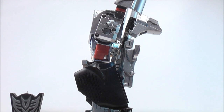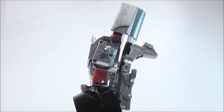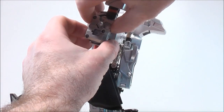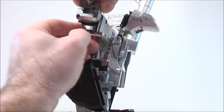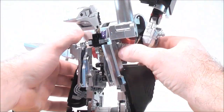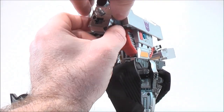So before you go ahead and tab Megatron's arms in, you want his arms straight up like that. That's just easier for me to do. And you want to take the arm, and if I can show you, pull up like so. And then very carefully come around on the other side and do the exact same thing. You just want to lift up,